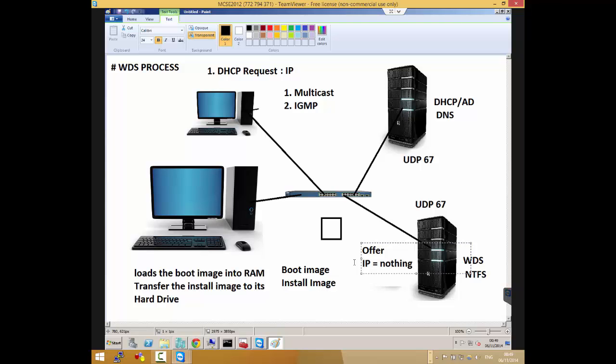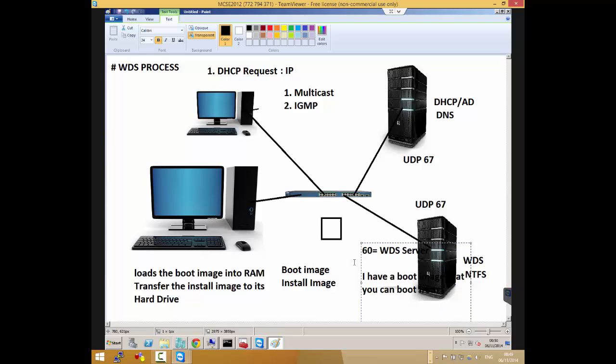When you actually look into the packet, you will see that it says, I'm offering you IP nothing. But then it's going to say, the other thing I can offer you is option 60, which is basically saying I'm the WDS server. In other words, what it's saying is I have a boot image that you can boot from.